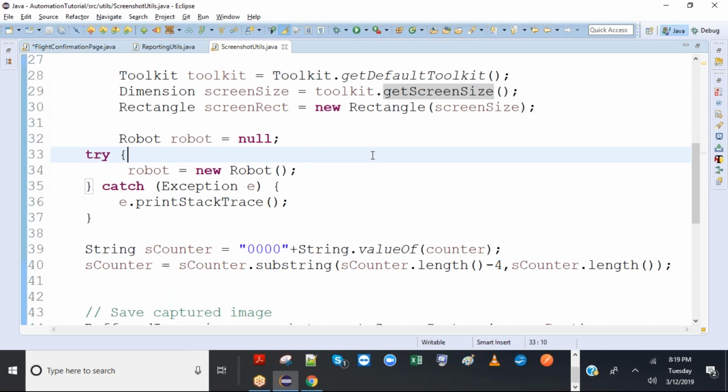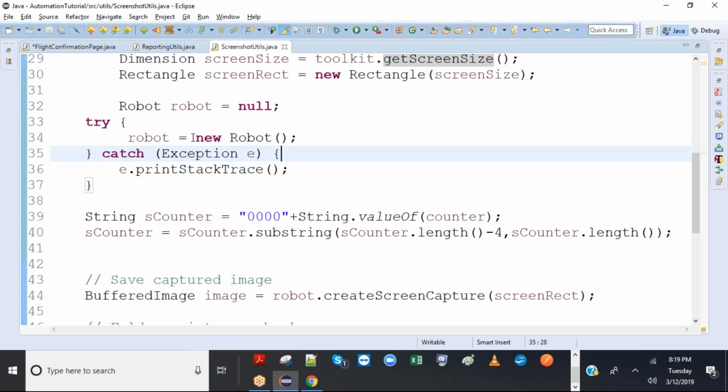So when you hit the print screen button, it will take a screenshot. So in order to hit it like a robot, we need the robot class. So just instantiate it and initialize it with null. Okay, so I initialized and assigned the new robot to the robot. We can do it here only, but because it could throw an exception, I put it in try catch.